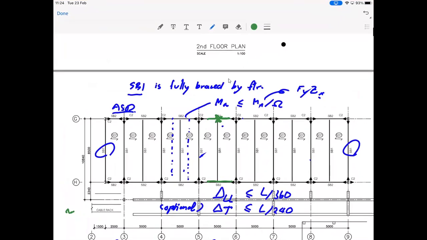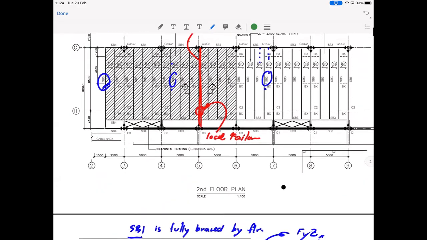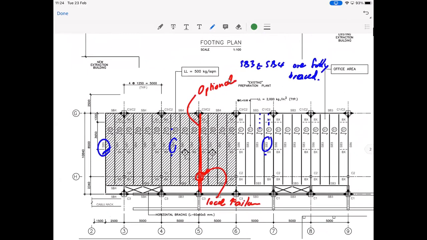Okay, back to business. Here we go. So you see, this line didn't show. So when you design SB2, it becomes a beam that may not be sufficiently braced. So you need another lecture before you can do that. So this time, you don't need to do SB2, just SB1. And likewise, you don't need to design this,